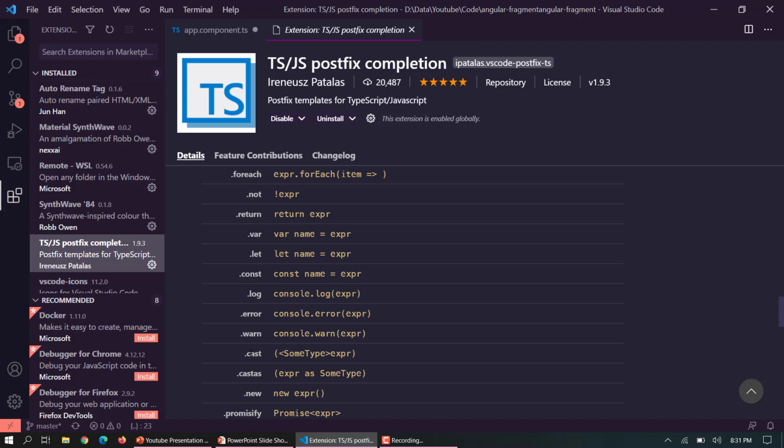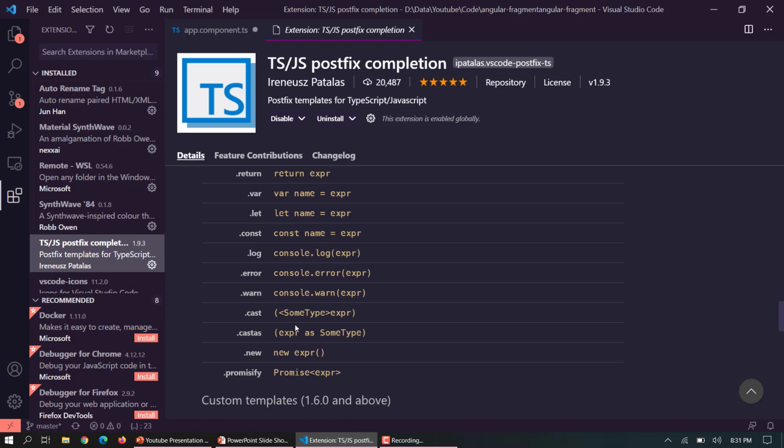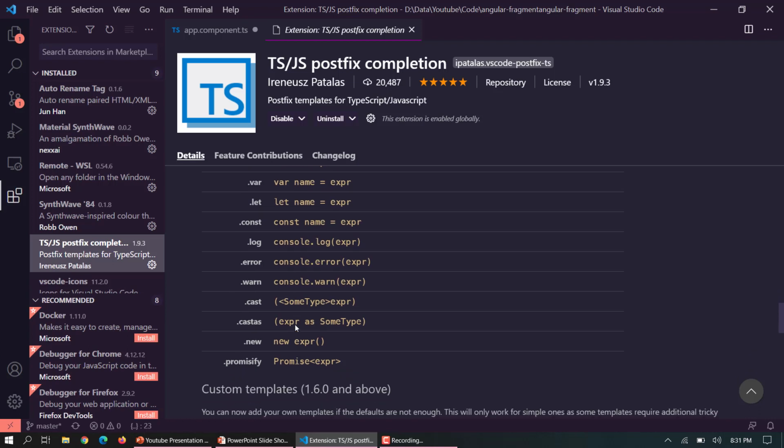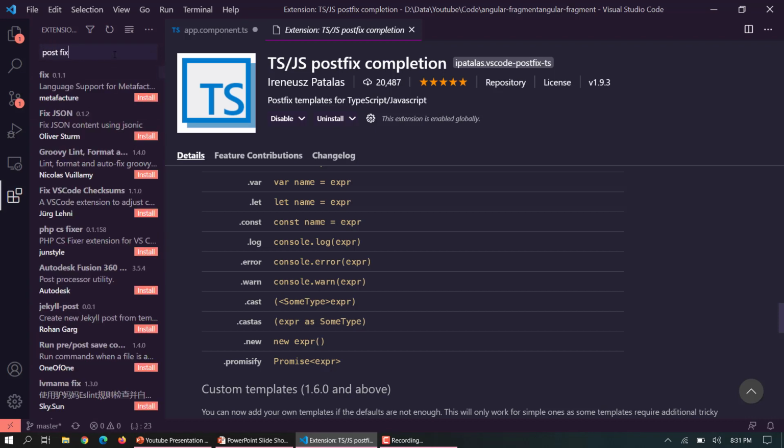So lots of things are there, and you can make your life easy with this. You don't need to write too much code; just write a few lines of code and then convert it using postfix completion. For postfix templates, there are some other extensions also available